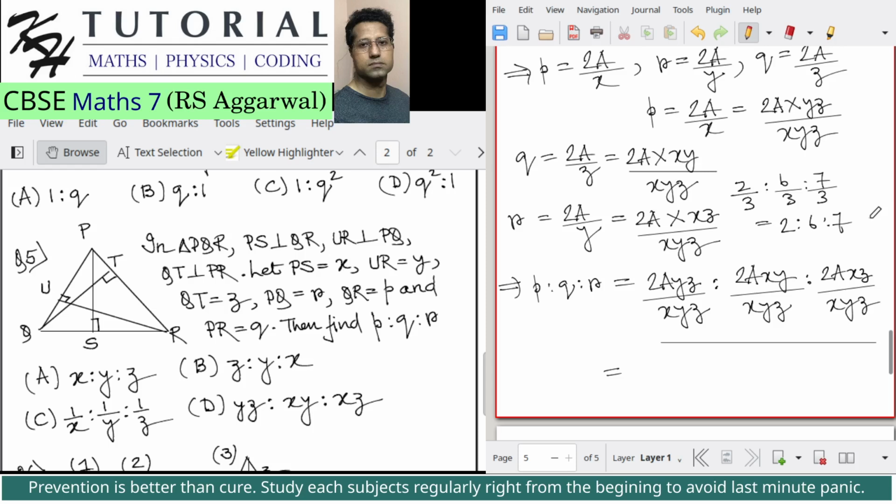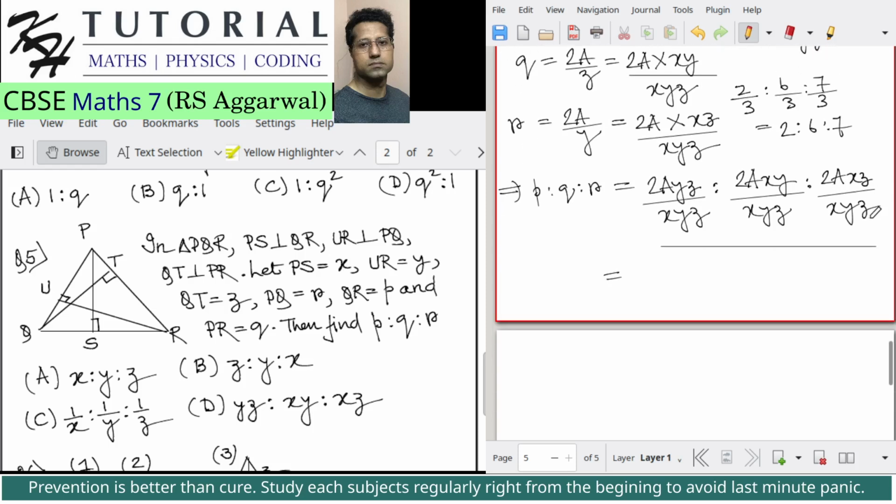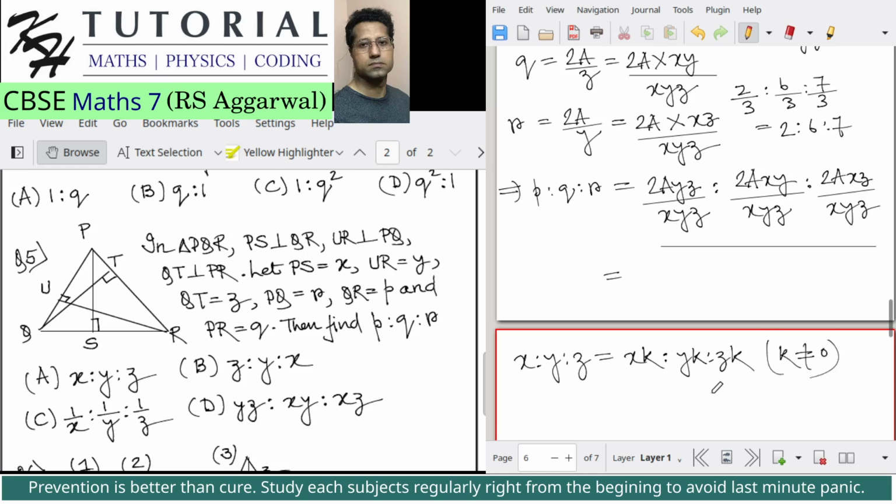I think so. I am having a little bit of confusion regarding the concept of ratio and proportion. If we have a ratio like this, x, y, and z, can we multiply all the parts of a ratio by some non-zero quantity, the same quantity? Is this equal to xk is to yk is to zk, where k is not equal to 0? Will this be the same? I guess so. Now, if I am wrong here, please do let me know in the comment section. I will appreciate that. In my opinion, this ratio will now be equal to,